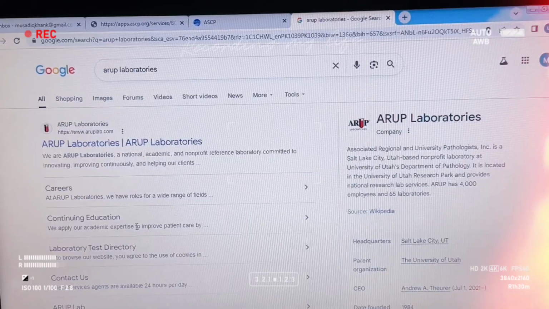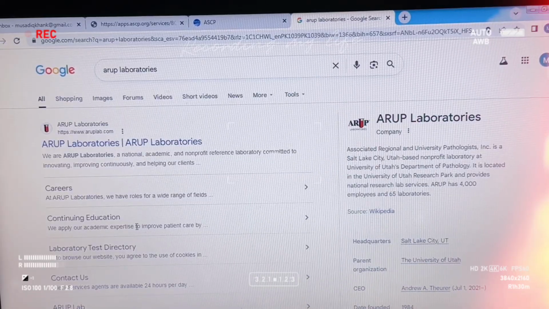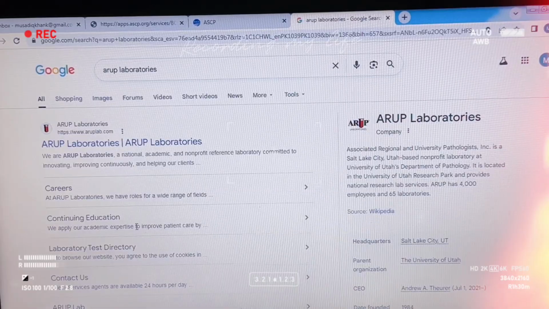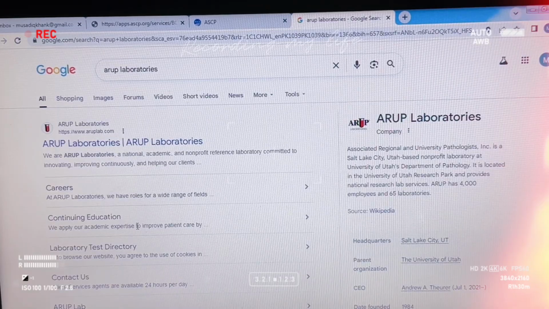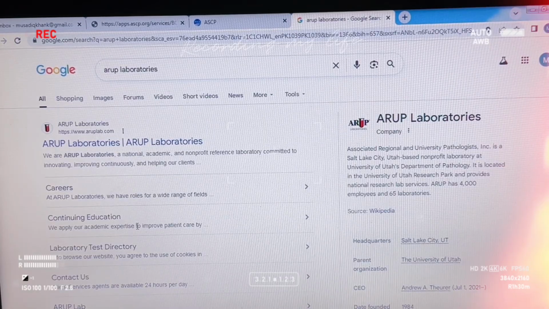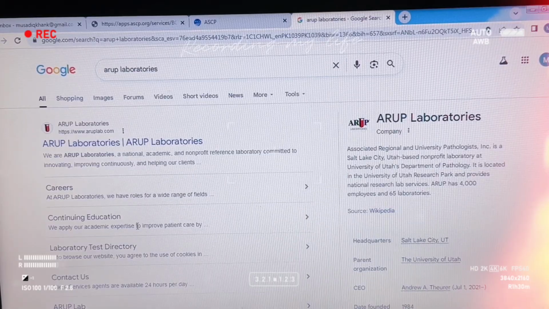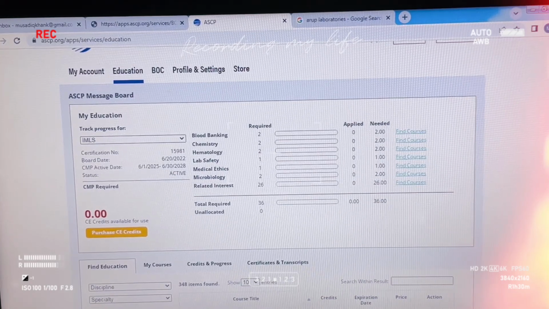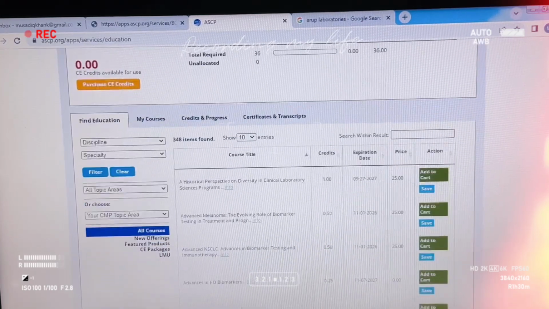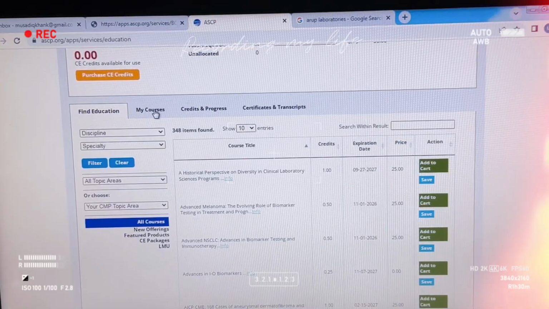And once you complete it, you have to download the certificate, in which you write the title, when you completed it, and what the credit hours are. So you have to save all that information of your continuing education program credit hours to make sure you have completed 36 credit hours of certification. Once you have all these continuing education program certifications, you have to go down there and come to